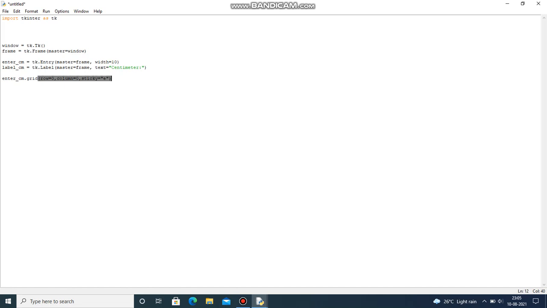Okay, so sticky means it will be on the E side, because the sticky takes the values E, N, S, W, etc. Okay, so now we are choosing the entry to be on the E and the label to be on W. Then only they will be on the same line. Okay, column 1, sticky equal to W.